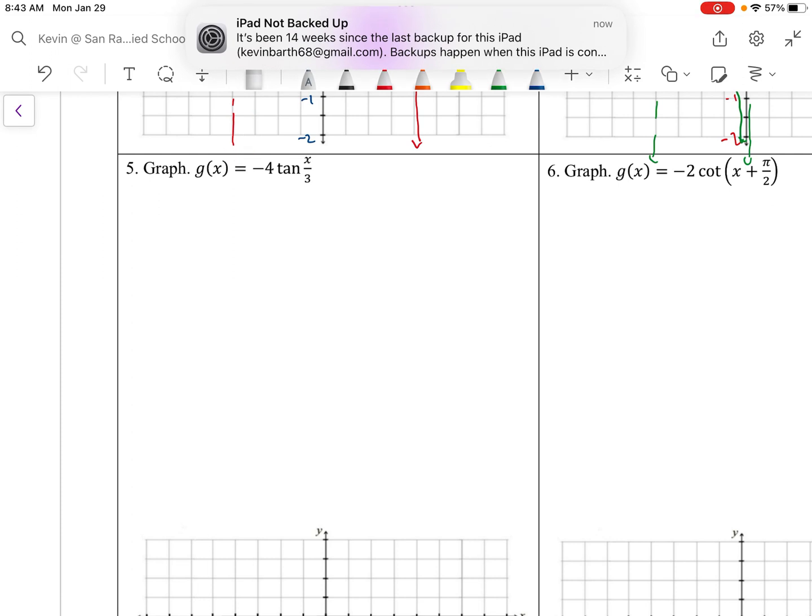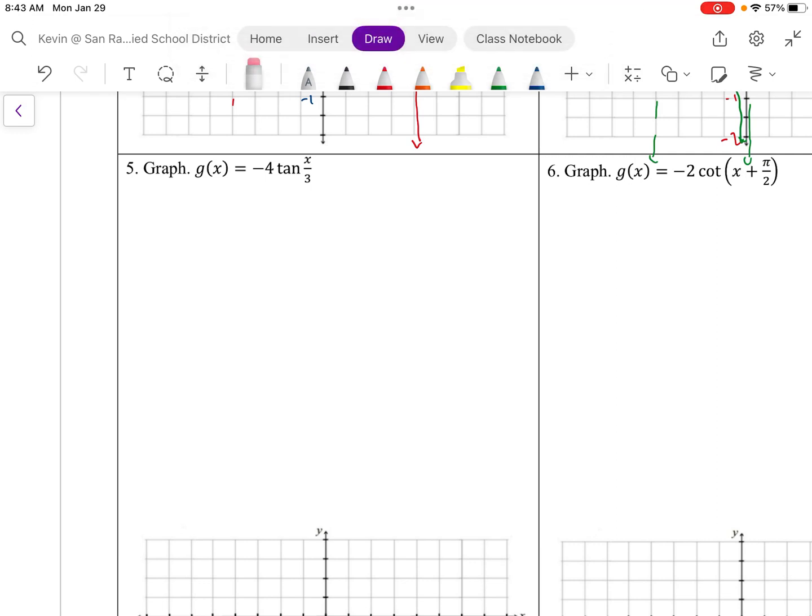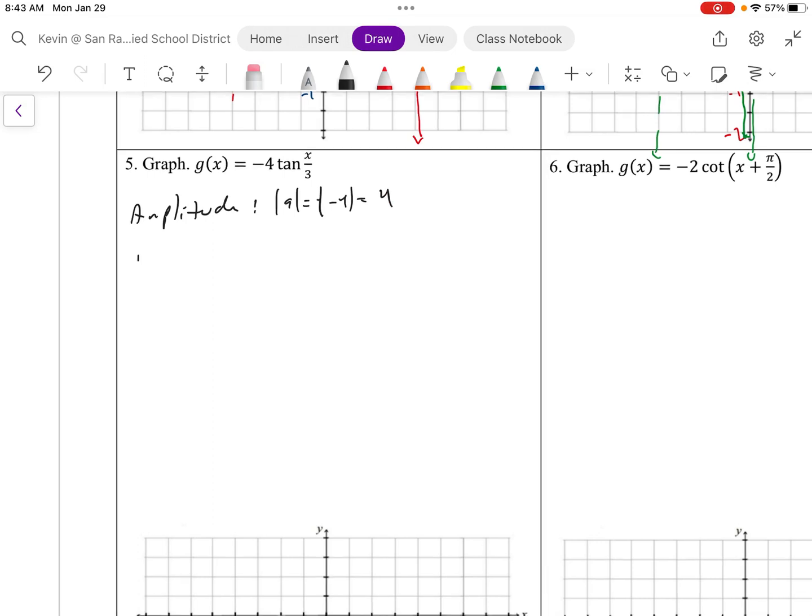Number 5. Okay. Amplitudes, do our usual. Amplitude, again, amplitude is the absolute value of A. So in this case, it's going to be the absolute value of -4, which means 4 is our amplitude. Our period,